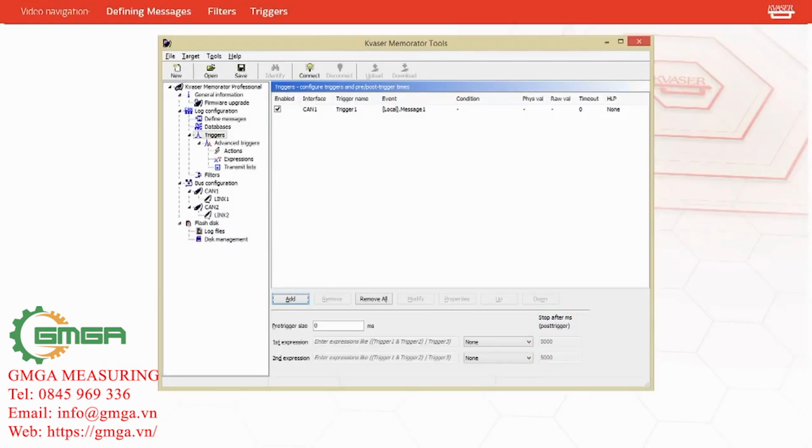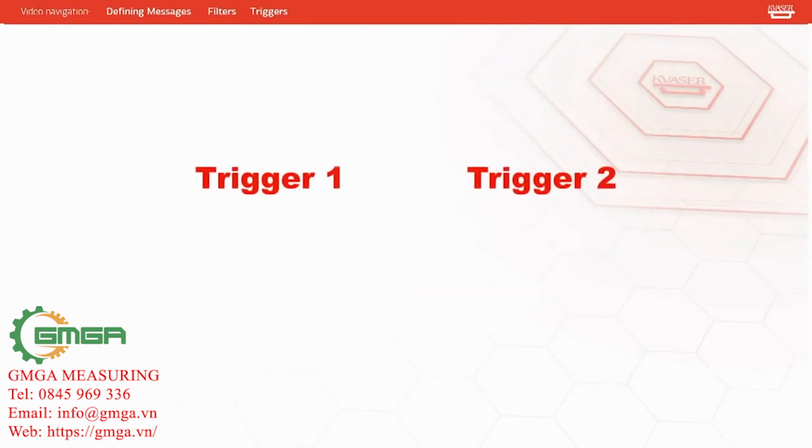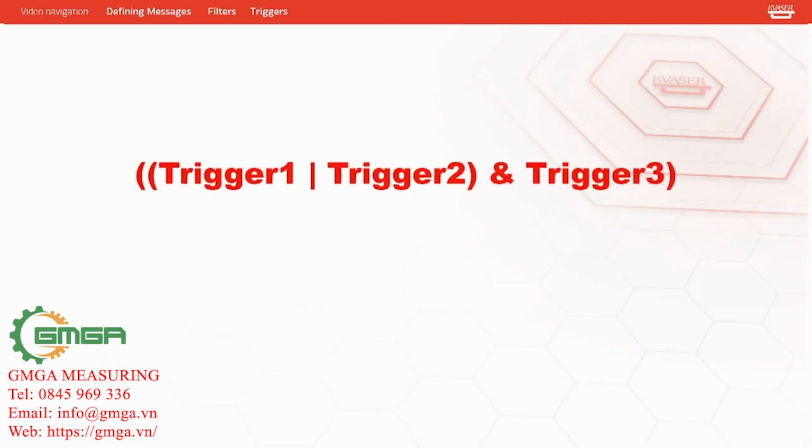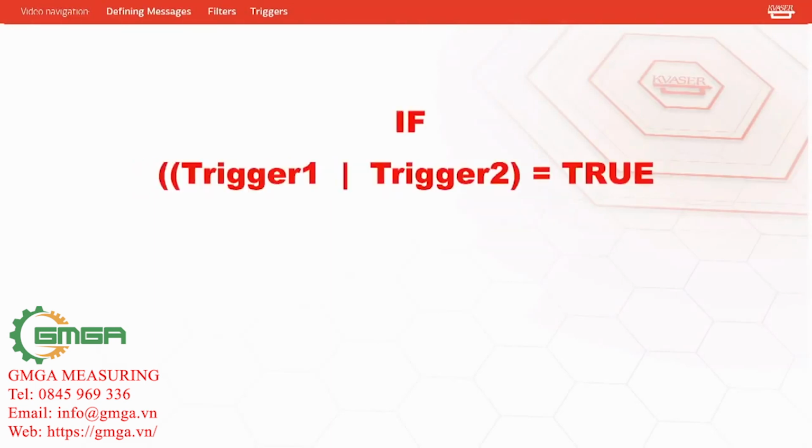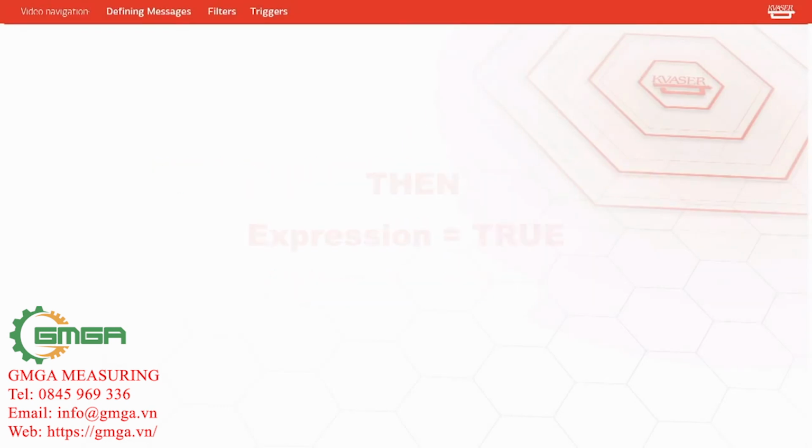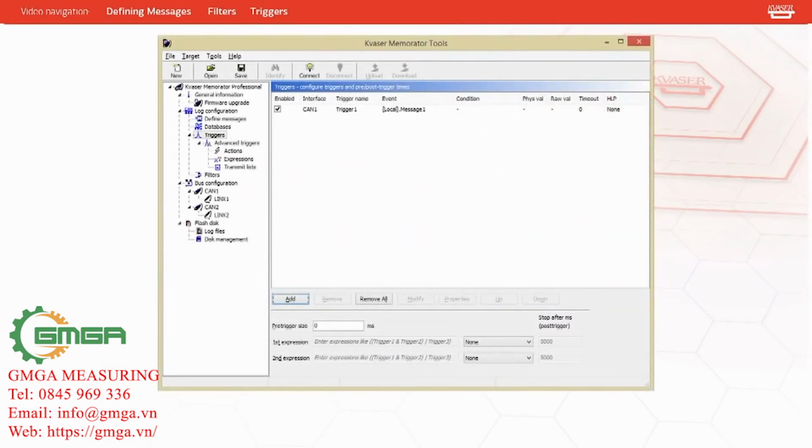The trigger expressions are created by entering the desired trigger names in the expression field. You can use AND to AND two trigger conditions and vertical bar to OR two trigger conditions. You can also use parentheses to control the order of operation within the expression. For example, this would read as: if trigger 1 or trigger 2 is true and trigger 3 is true, then the expression is true. A trigger expression can be set to start logging,